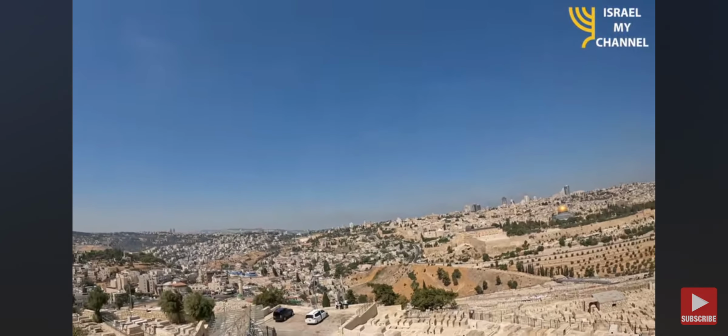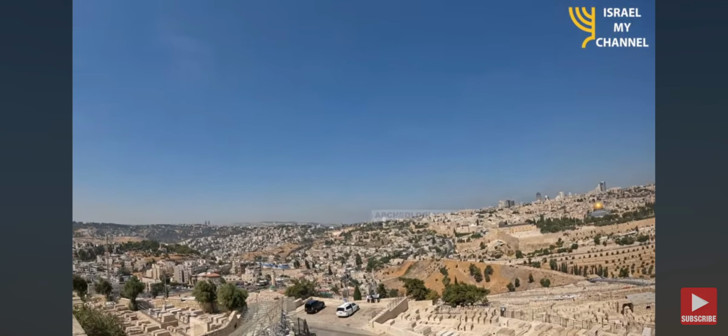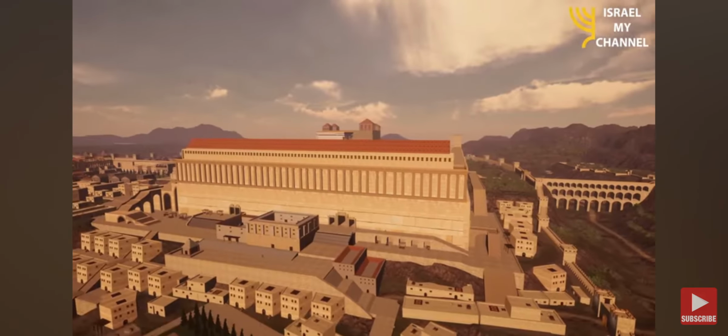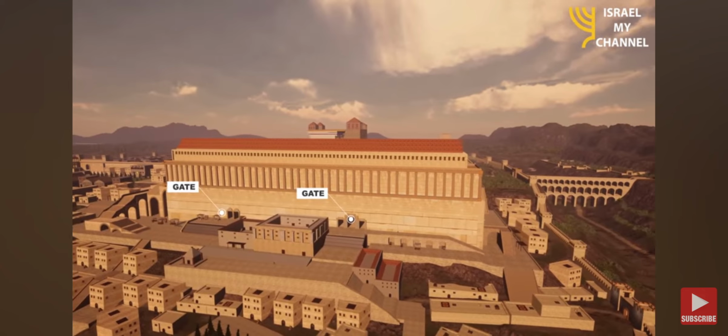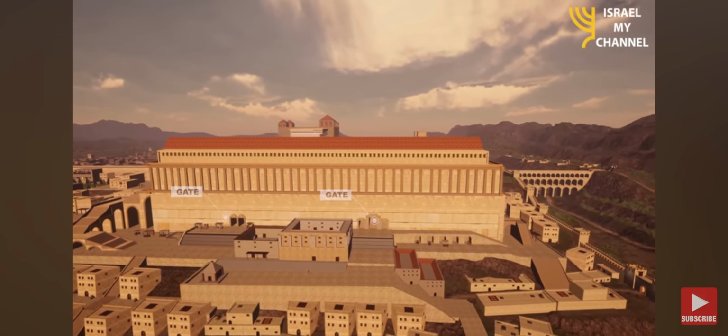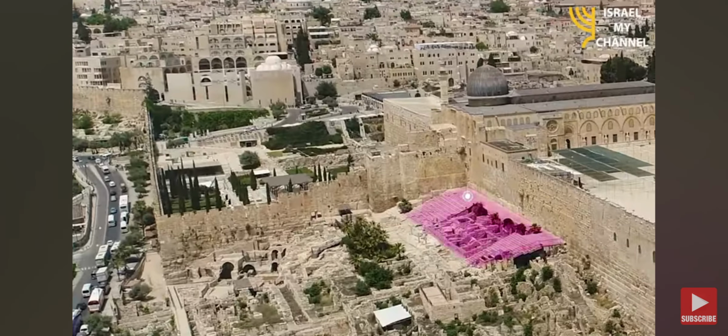But there are more things you can find in the Davidson's Archaeological Park. So let's take a closer look. They found 2 gates that would lead to the Temple Mount. These gates are the famous Hulda gates that the pilgrims would take to get in and get out of the temple from the south. But they not only found the gates, but also the stairs that would lead people towards